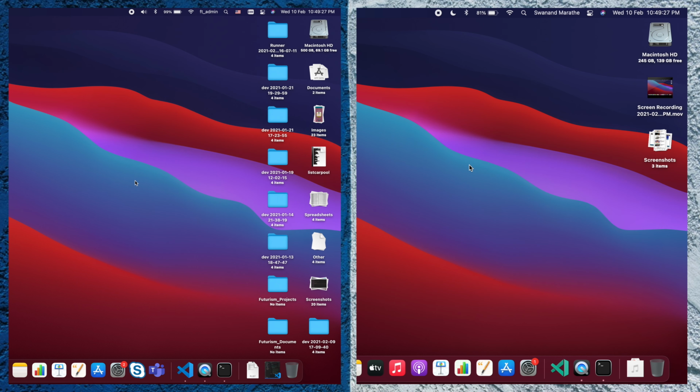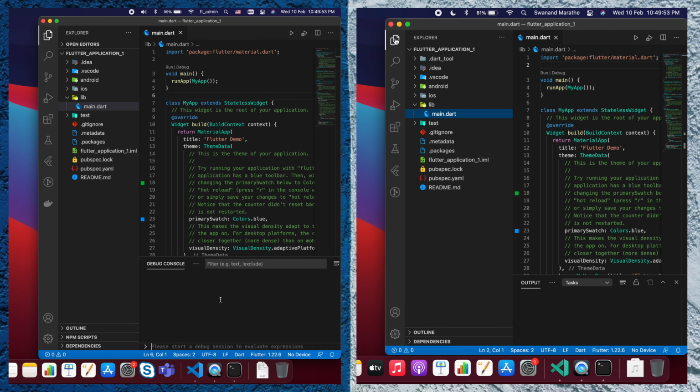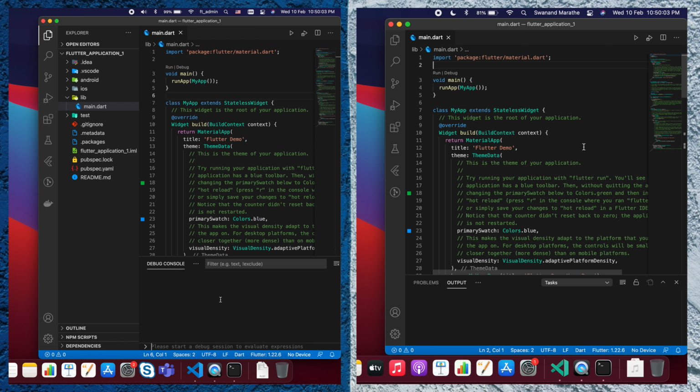Now let's open the code. Here we can see that it is a very basic application containing only a single file, main.dart. Let's walk through the application code itself.